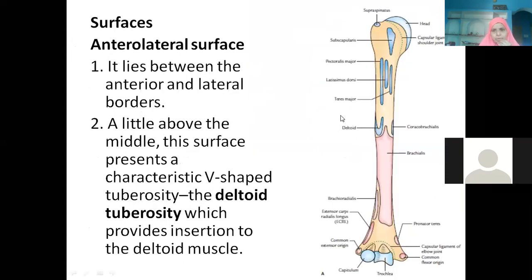Okay. Now see here, this is the anterior view. How to make out? Always look for trochlea and capitulum, and then you will be able to make out, yes, this is the anterior aspect of the bone. Now, articular cartilage is present, which is attached to the head.